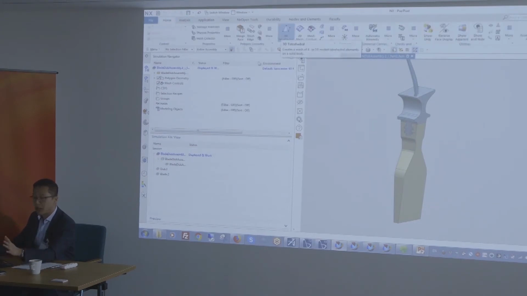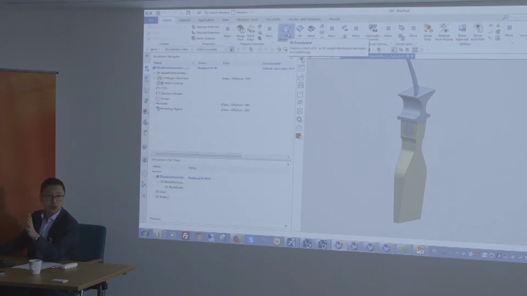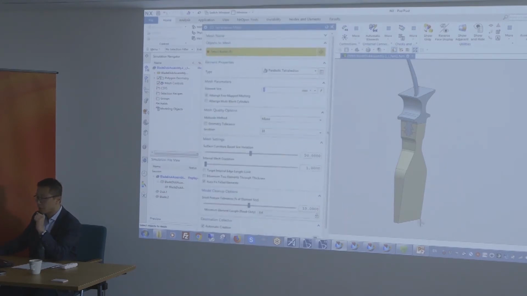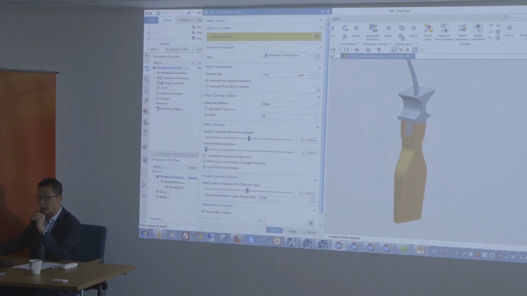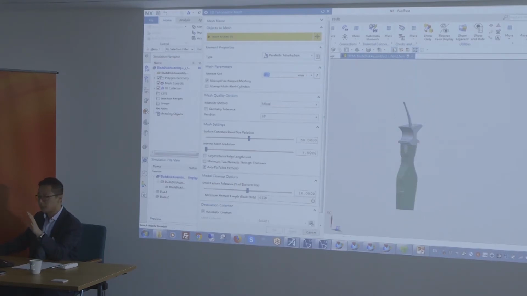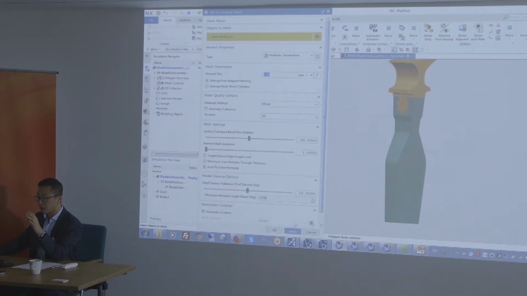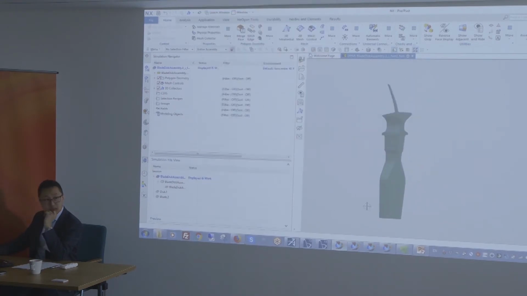So at the mesh level, we have our one-click tools to generate quick, efficient mesh. So let's say you want to do a preliminary analysis, just click tetrahedral, right? Pick a mesh, automatically determine the size, click apply, and a mesh will be created on the fly. And that mesh is associative to the geometry again. Can do the same thing for the top part, click apply, and that's it. Okay, so that's the simplest way of creating mesh in NX.